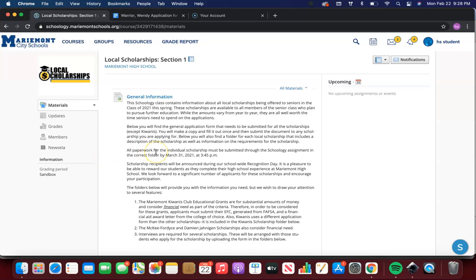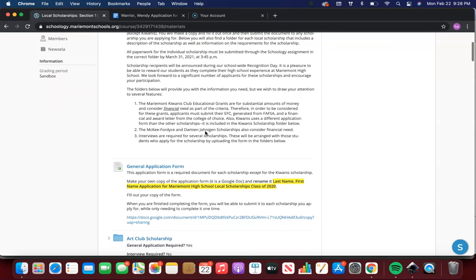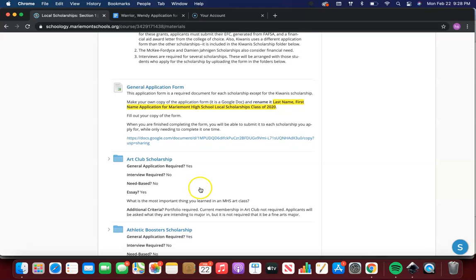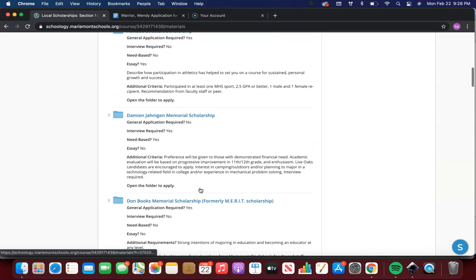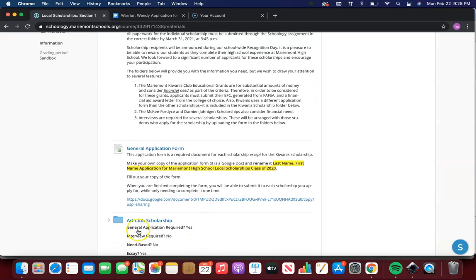Okay. So on this page, you're going to start with a description of the local scholarship application process, followed by the general application form. Below that is a folder for every local scholarship available for applying to. The vast majority of them do require the general application. So if you plan on applying to one or more of those, then I would start with filling out the